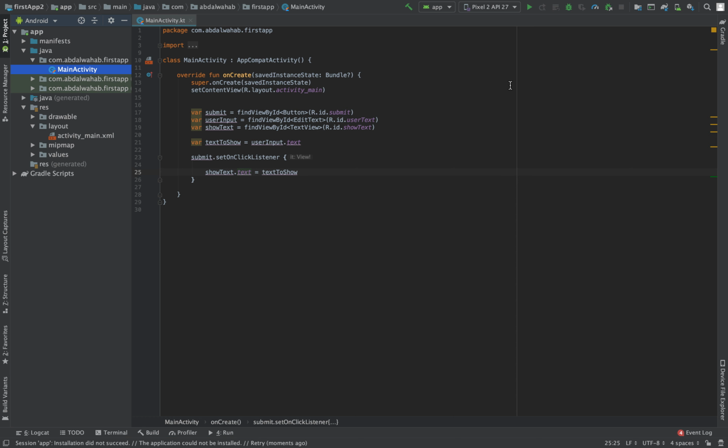So of course, I highly encourage you to see maybe a video, or I'm gonna upload a video on how you can run it on a physical Android device. But if you do not want to run it on a real Android device, what you want to do first of all, you want to create